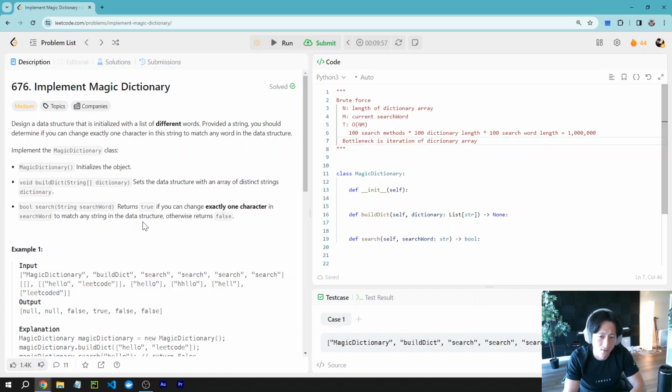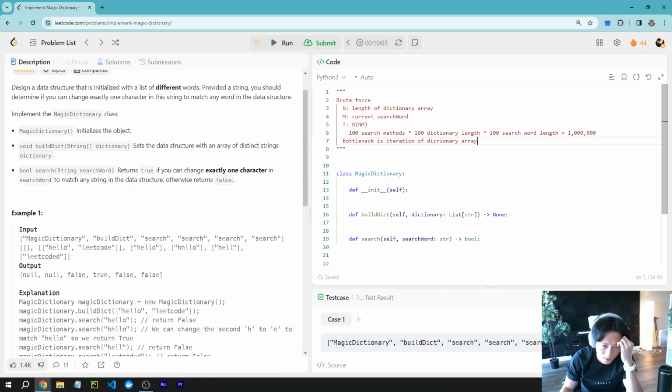And if I follow my intuition from the beginning, I said hash set. So I'm going to follow my intuition and then see whether I can make it better. After the brute force, the next step I can think of to make it faster is